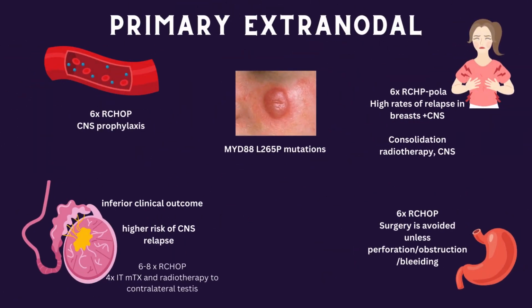So primary extranodal large B-cell lymphoma can happen in a few places. It can happen in the breast, it can happen in the stomach, it can happen in the testes, or intraluminally, or in the skin. Most patients with primary extranodal large B-cell lymphoma have a low IPI score. However, those with an IPI score between 2 and 5 were eligible for polar R-CHOP on the POLARIX trial, so there is an option for this patient group. With a lower IPI score, you can use R-CHOP,